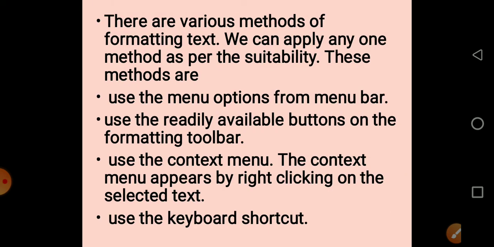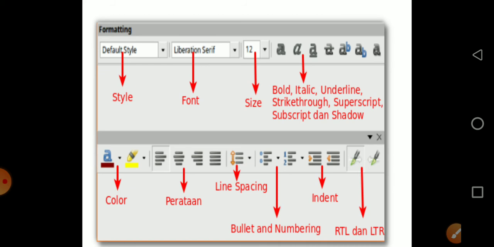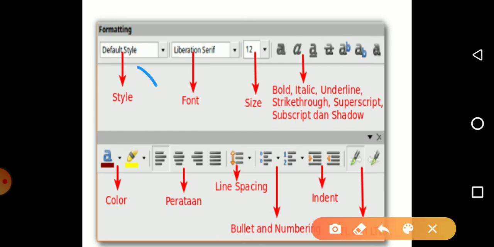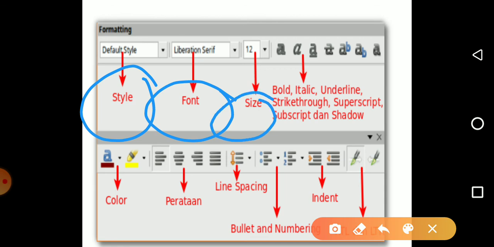Formatting text. You can also format the text using the formatting toolbar or the same Format menu. Look at the formatting toolbar. You can change the style of the text, font of the text, size of the text.